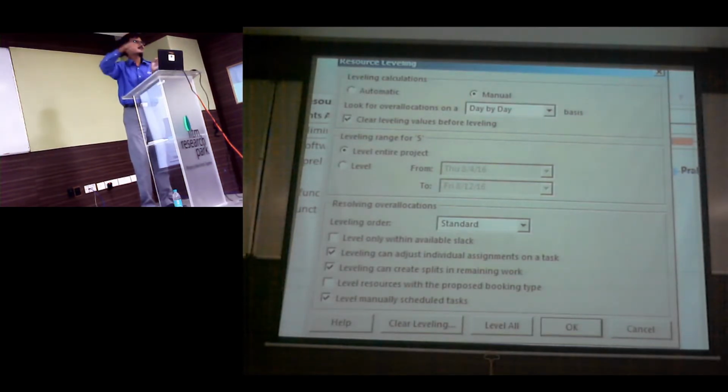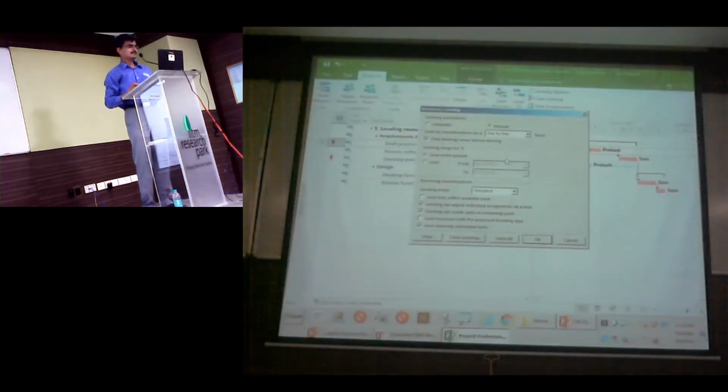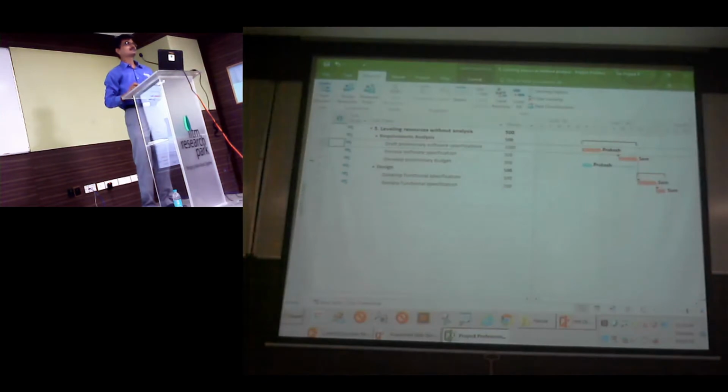Predominantly in all our projects, we would like to resolve overallocation at a day level, not a week level. So keep this at a day by day setting. The reason is if you change this to week by week, you will notice that the red fireman will disappear, because in a week he is working less than 40 hours. So never do that.